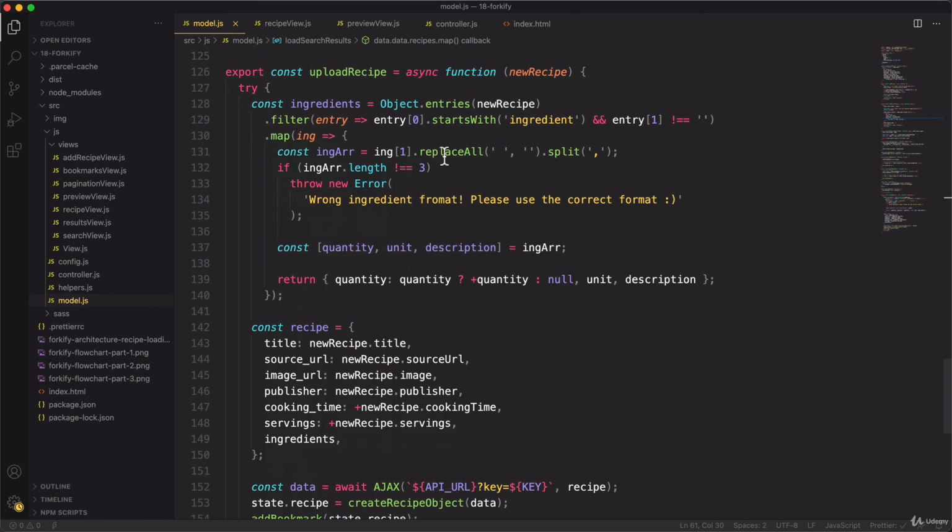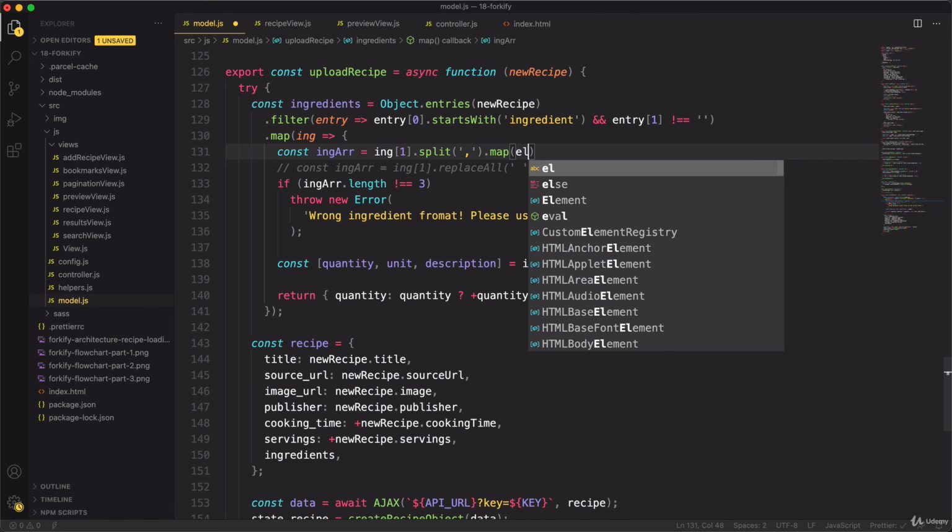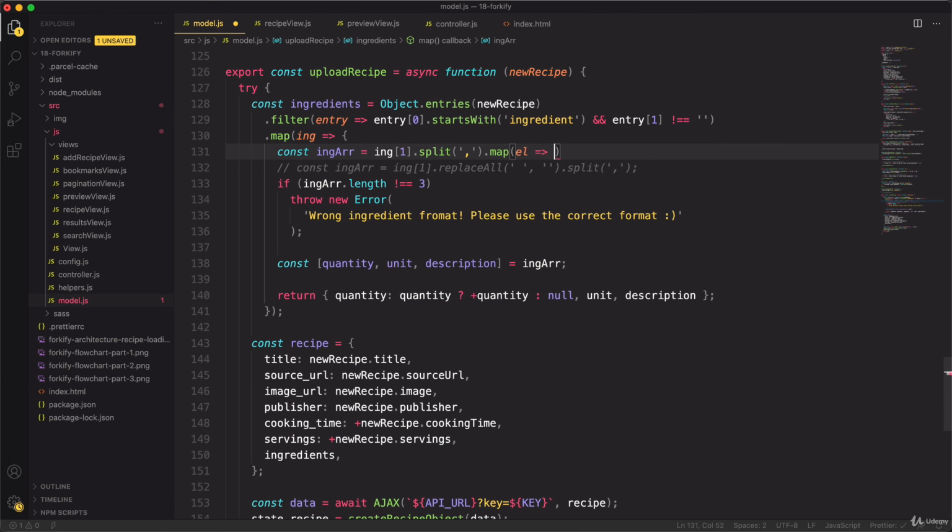So instead of this replace all here, let's do it differently. So I will split the string into multiple parts, which will then return an array, and then I will loop over that array and trim each of the elements. So map to create a new array. Let's just call it element here, and then just return